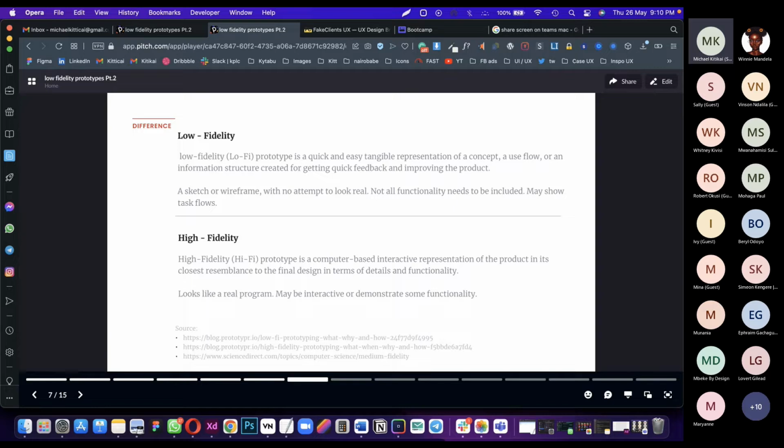And then high fidelity prototype is a computerized, interactive representation of the product in its closest resemblance to the final design in terms of detail and functionality. So a high fidelity basically means it's almost like 90% of what the final product will look like. So if you're building an app